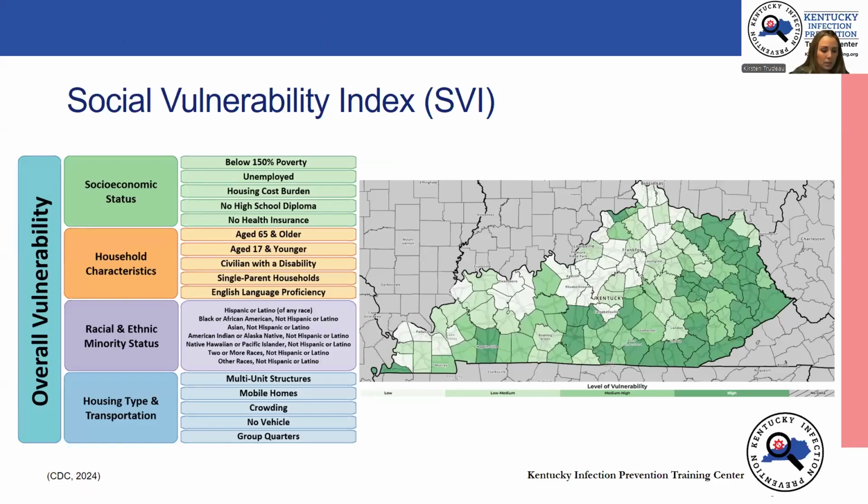After the last slide, you might be thinking, that's great, you have all this data and it's on a website. But how am I supposed to know what my patients are going through when that is just data from a state level? I think the answer to that is tricky because we're still trying to find out how to collect social determinants of health data. But I did put this slide in here to help understand what the social vulnerability index is,